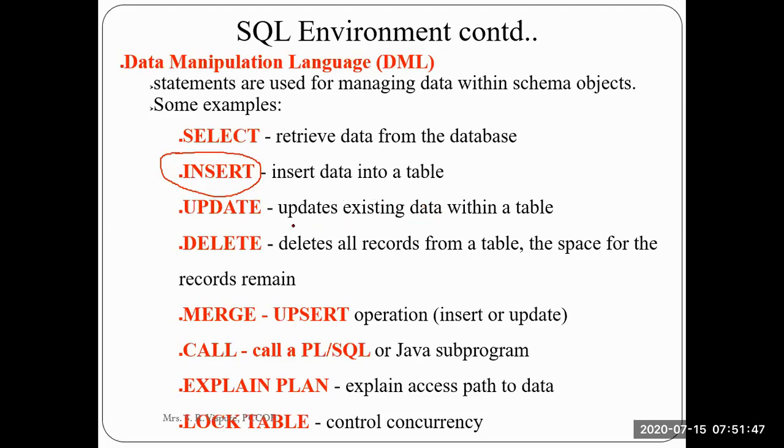right? So if anybody is changing their mobile number, that updation you can do with the help of the update command, right? So any data that you want to update in future, that is existing data, that happens with the update command. Then delete commands are used to delete all the records from the table or delete a specific record